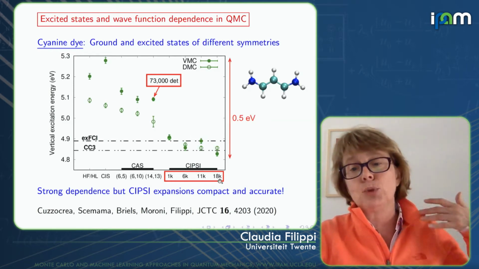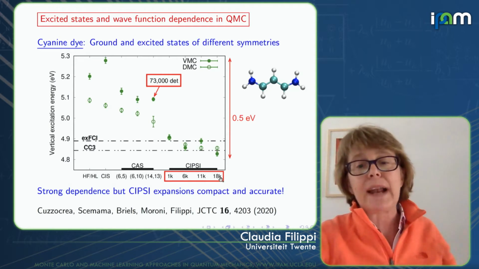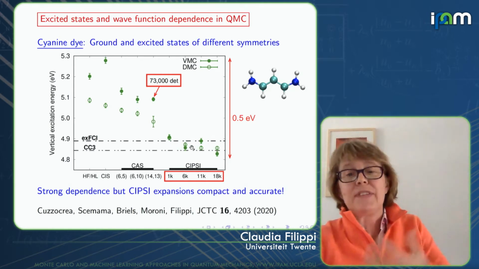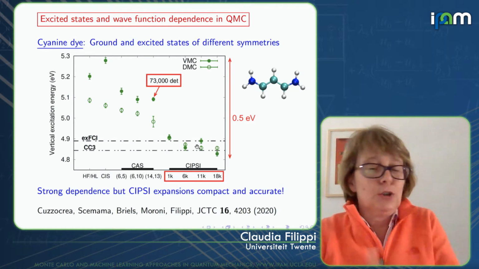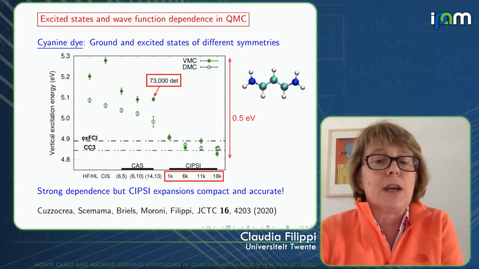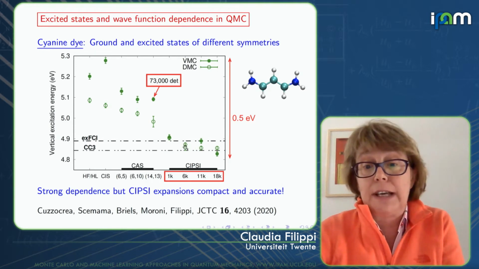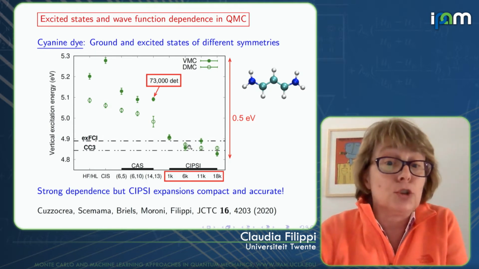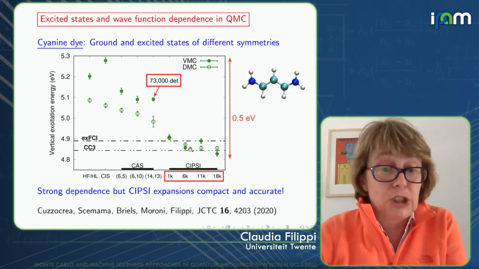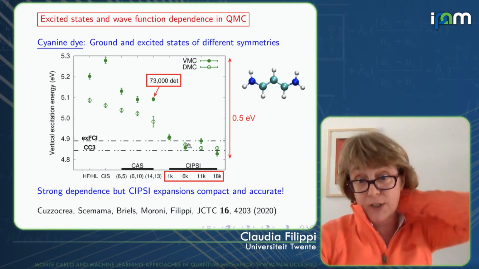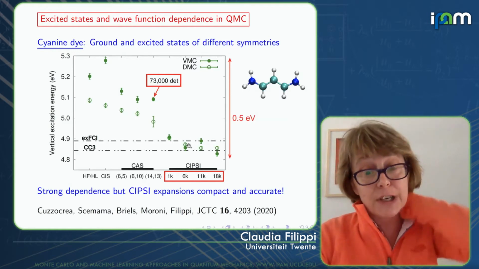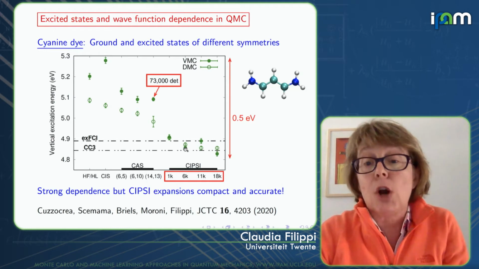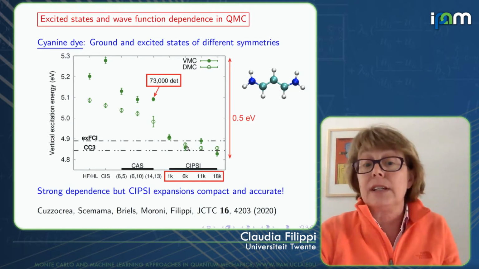Okay? I have 1,000 up to 18,000 determinants. We're optimizing all parameters, ground and excited states. And what we're having is that we're finally within the bracket of chemical accuracy of the reference result. Okay? And what we also observe is that when we are good, diffusion Monte Carlo is practically on top of variational Monte Carlo. So the message is we do have a strong dependence on the wave function, but a relatively compact wave function can recover what we want within VMC and DMC.